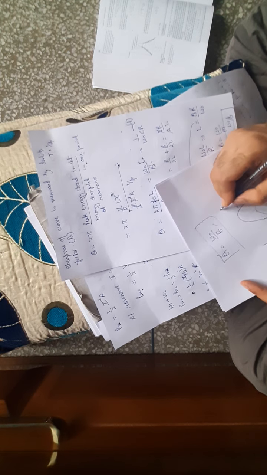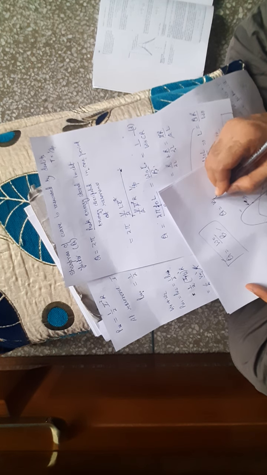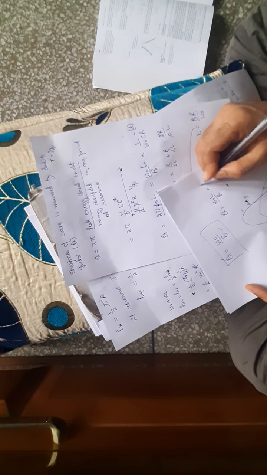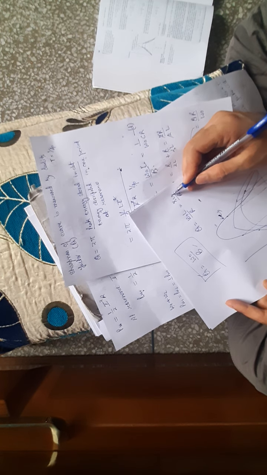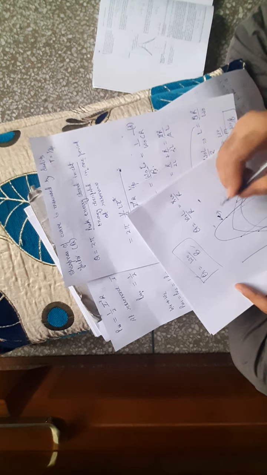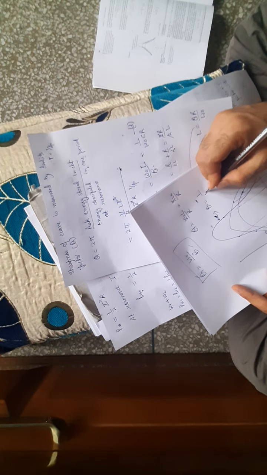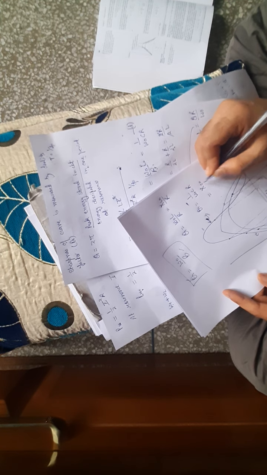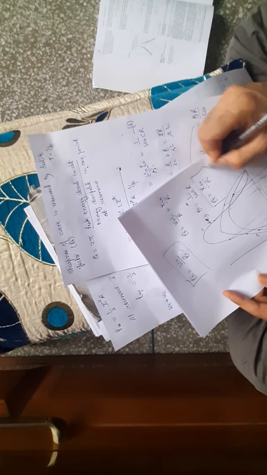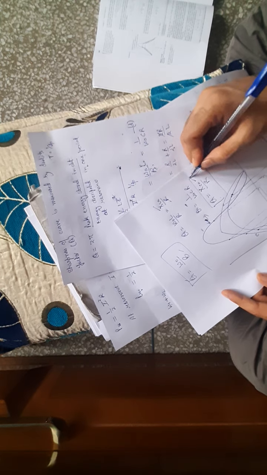Because you are getting the quality factor Q equal to omega naught L by R, I am saying it is XL naught by R, which is nothing but the inductive reactance at resonance. And Q is equal to 1 upon omega naught C into R. So 1 upon omega naught C is nothing but XC naught divided by R. So reactance divided by resistance. So this is all for series resonance.